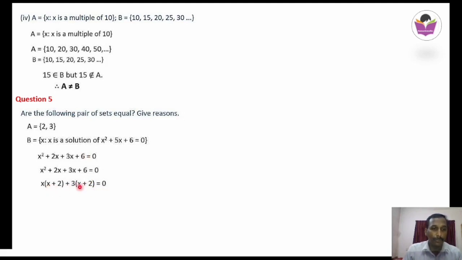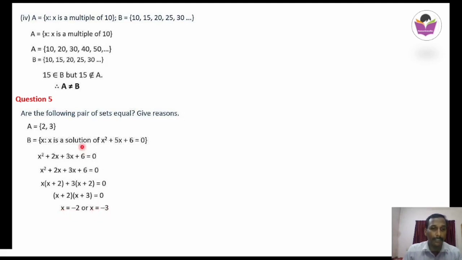And in these two terms there is x plus 2 common. Here you can see x plus 2, here also x plus 2. So let's take out x plus 2. If you take common, in the first term there is x balance and in the second term there is 3 balance. x plus 2 times x plus 3 is equal to 0. Product 0 means their individual terms also can be 0. That means x plus 2 equals 0: plus 2 going to the right side will come as minus 2. And x plus 3 equals 0: plus 3 going to the right side will come as minus 3. So x is equal to minus 2 and x is equal to minus 3 are the solutions.